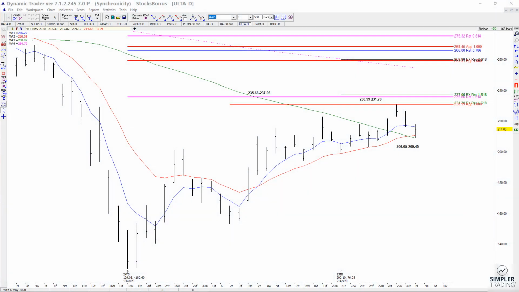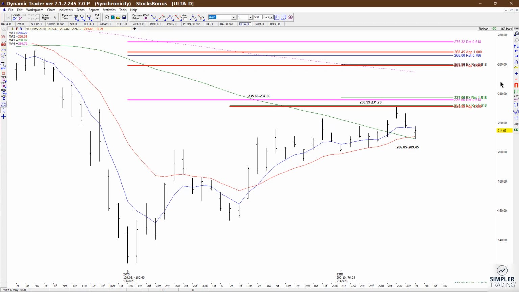In today's video, I want to show you how I created a cluster in ULTA. So I basically already had it this morning, but I erased it so I can show you from scratch what we look at. So to start with, we did end up coming off of a combination of a 100% projection